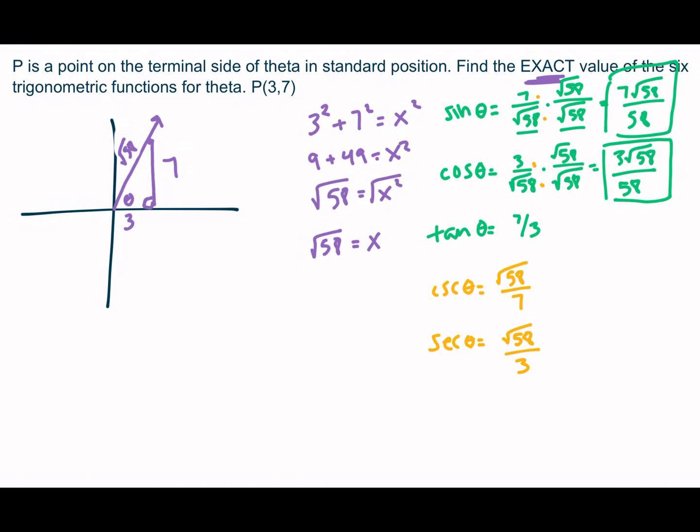Last one, cotangent of theta is adjacent over opposite, so 3 over 7. Those are my